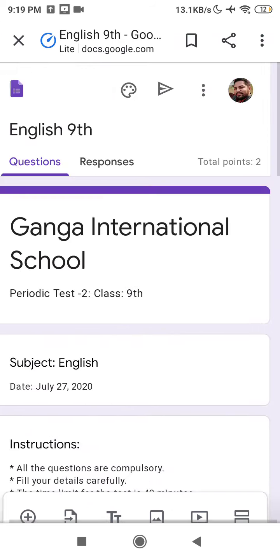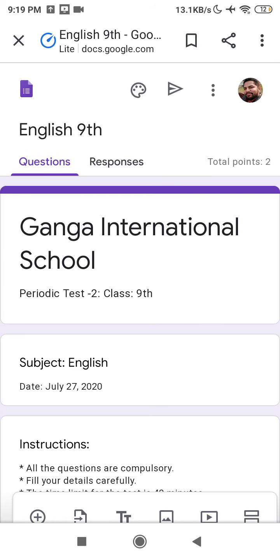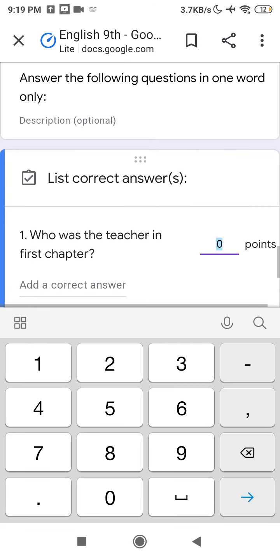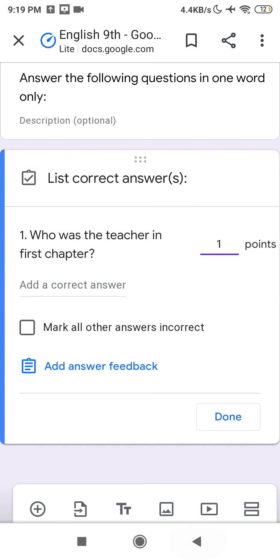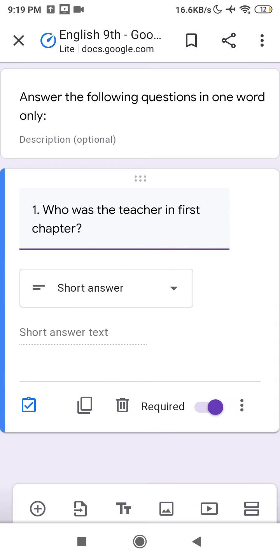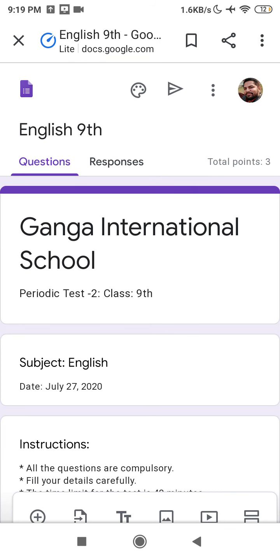After that you may just come on the top and you can see the total points are here. In this point I cannot put the answer because students may write it in different forms, so this we have to evaluate ourselves. So I am not putting any answer in this point. So you can see total points 3.